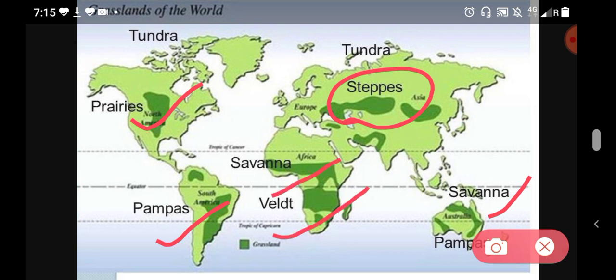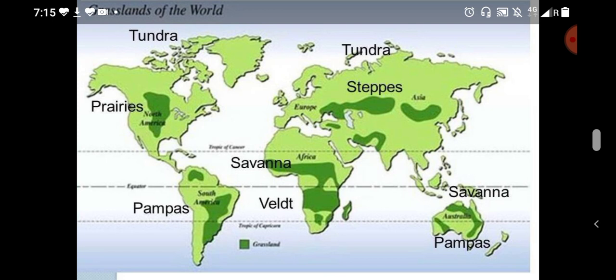So students, we will read about the grasslands. In this chapter, basically, we will read about the major grasslands of the world and their different names, their climate, their vegetation and how people live there.